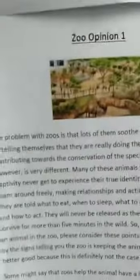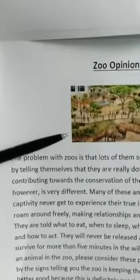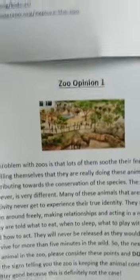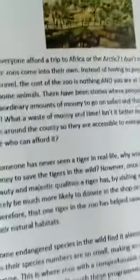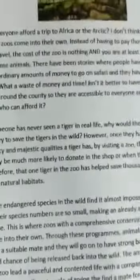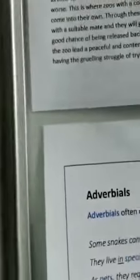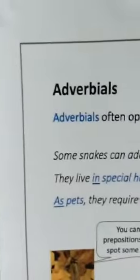So here we got 2 pieces of writing with different opinions. So if you read it, and then you could think about which one out of zoo opinion 1 or zoo opinion 2, which one is for having animals in zoos and which one opposes it. Okay, then we're going to quickly go over our revision on adverbials